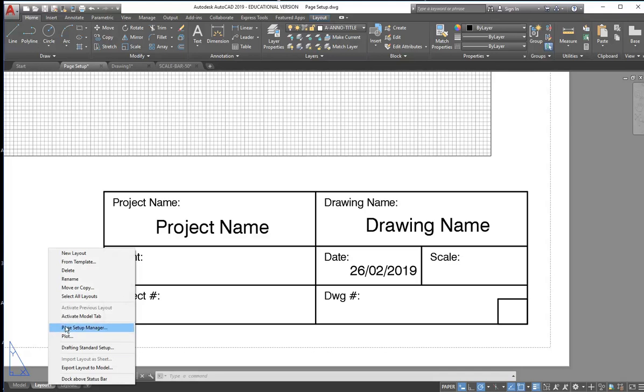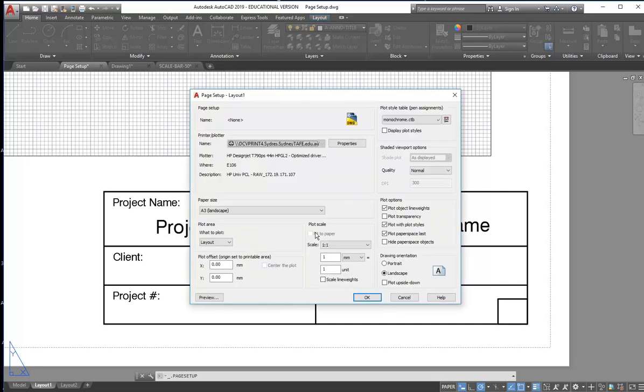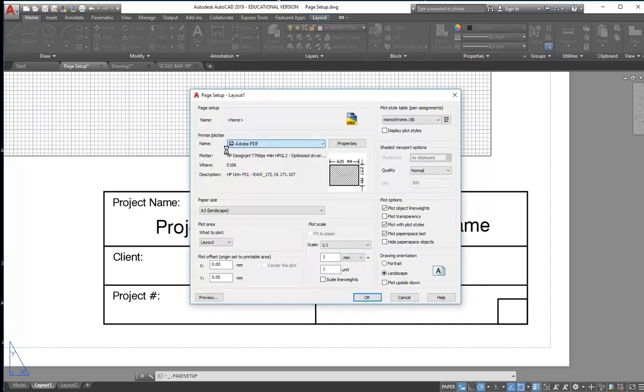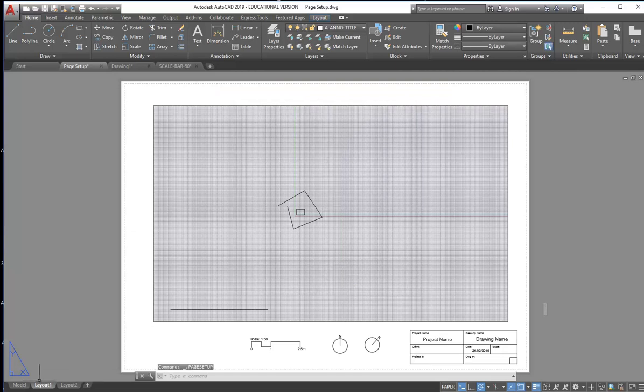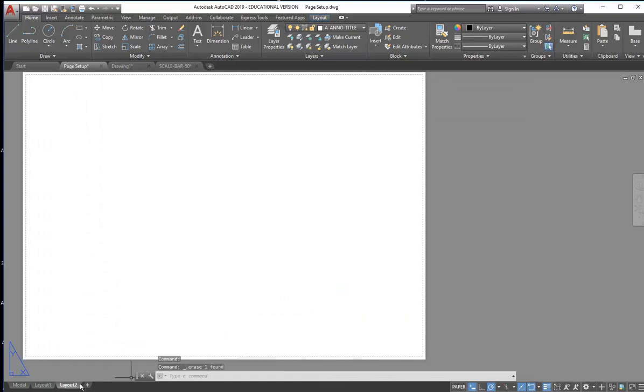So I'll just go and show you here the page setup. You can see that this one is A3 with, at the moment it's got the plotter. And remember last time I was saying it's good to use something like a PDF virtual printer to set up your pages, because then they're going to be consistent. And so I've just changed it to that. So now if I go to Layout 2, and let's get rid of the one that I did earlier, just so I can show you, if I go and make the page setup exactly the same,